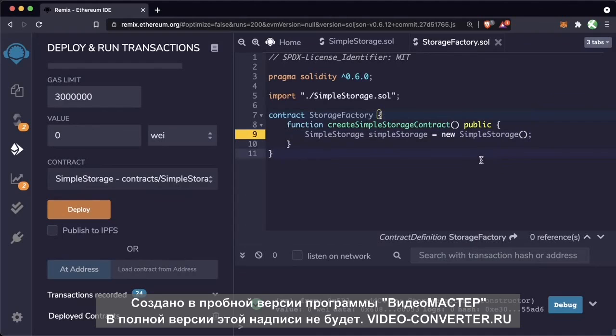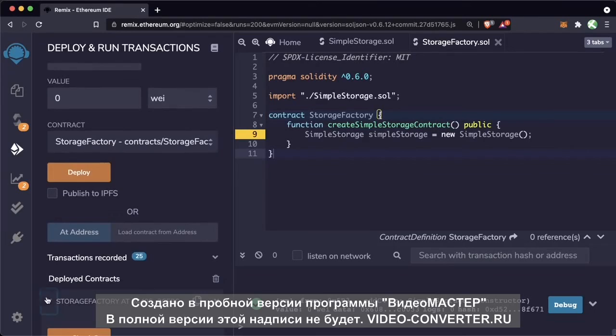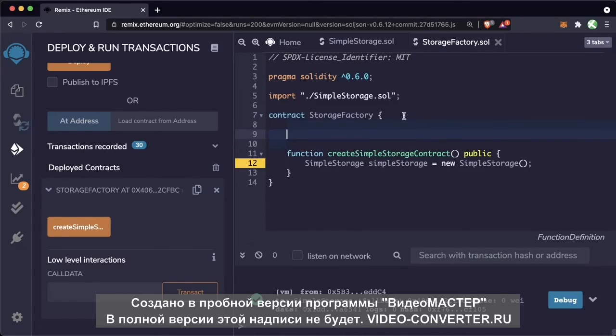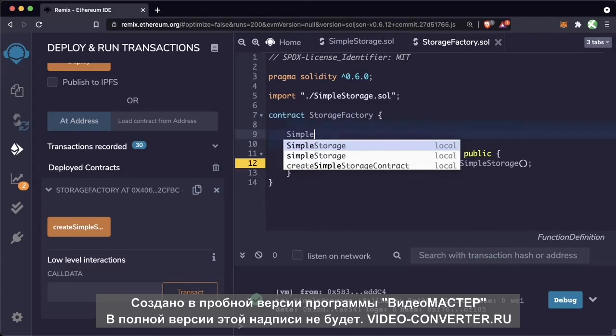Of course, if we deploy this contract as is by going to our deploy tab, choosing the StorageFactory, staying on a JavaScript VM, deploying, scrolling down, we have this function that doesn't return anything. So we're creating new contracts, but we can't really read where those contracts are being created. We'd have to look on a block explorer like Etherscan or something. So let's make a way for us to keep track of all the different SimpleStorage contracts that we deploy. Let's put them in a list or in an array. So what we can do is we can say SimpleStorage